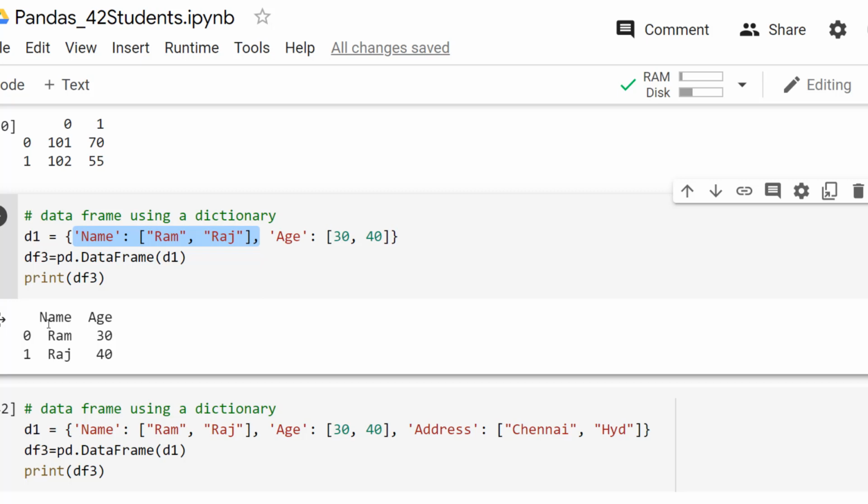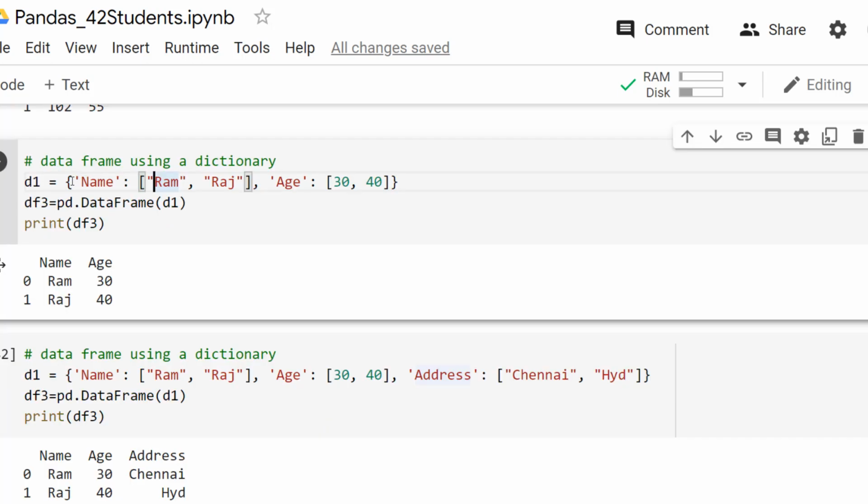So here name becomes the column name by default. Even if you do not set the column name, the key you provided in the dictionary becomes the column name, and the values associated with that key become the elements of that column. Similarly, age is another key in the dictionary D1, so that becomes the column name, and the values associated with the age key, 30 and 40, become the values of that column. So that is how it is possible to create the data frame based on a dictionary.